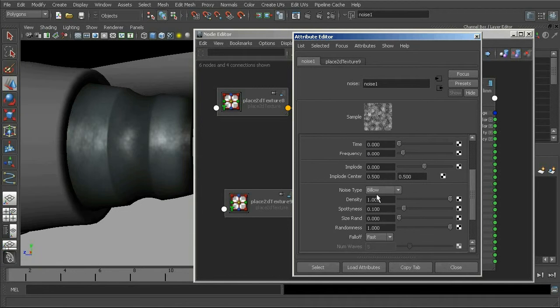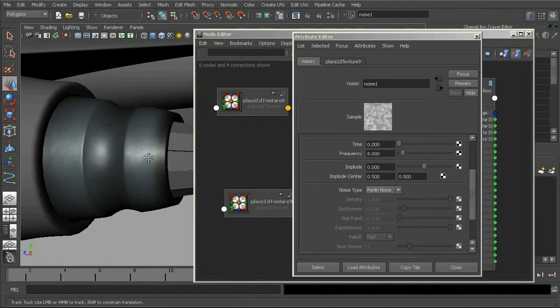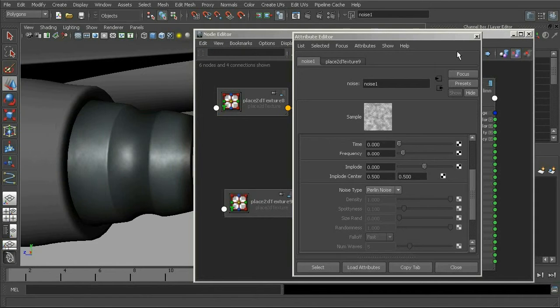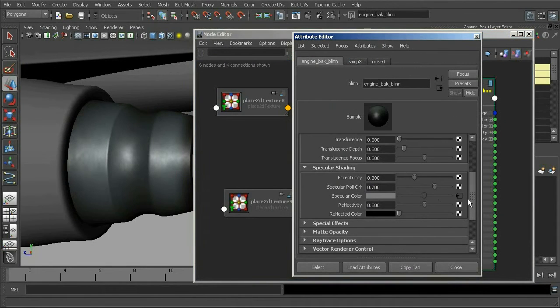If we come down here, there are different types of noise: billow, purlin noise, wispy noise, wave. So there's different kinds of shapes. I think the purlin looks good. It gives it kind of a metallic sort of a look. We can then go in and tweak the specularity settings themselves. So coming in here and changing the eccentricity, changing the roll-off, okay, and the color is being driven now by